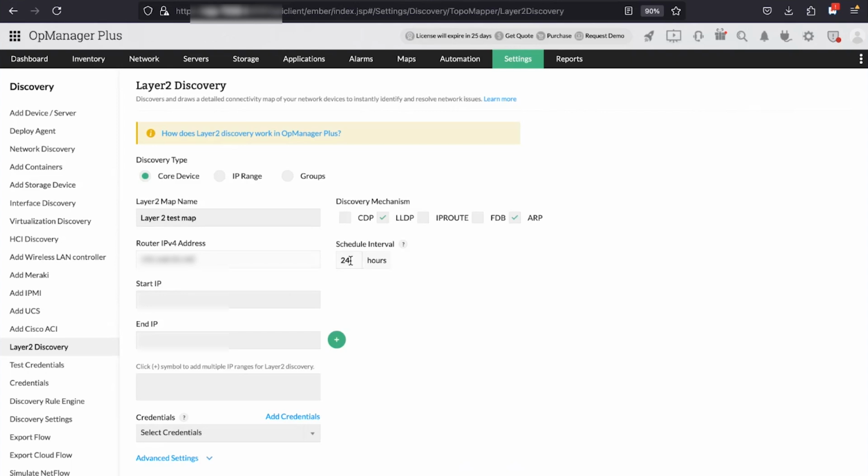There you go. This is a schedule interval. So schedule interval basically, I'll explain this later. After you provide the IPv4 address, you can specify the start IP and end IP for this particular run of discovery. So this is basically to limit the discovery within an IP range. So there you go. I am going to limit this within